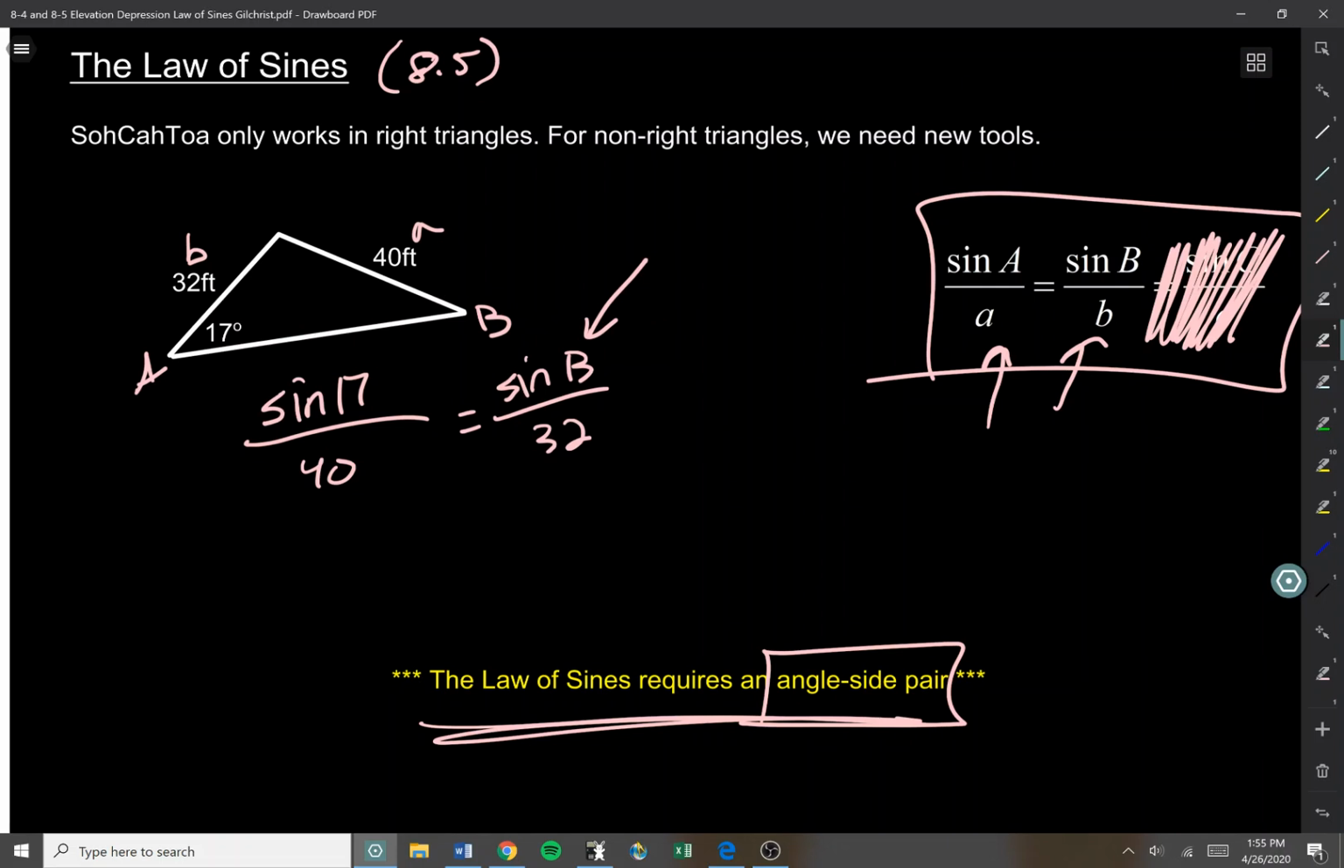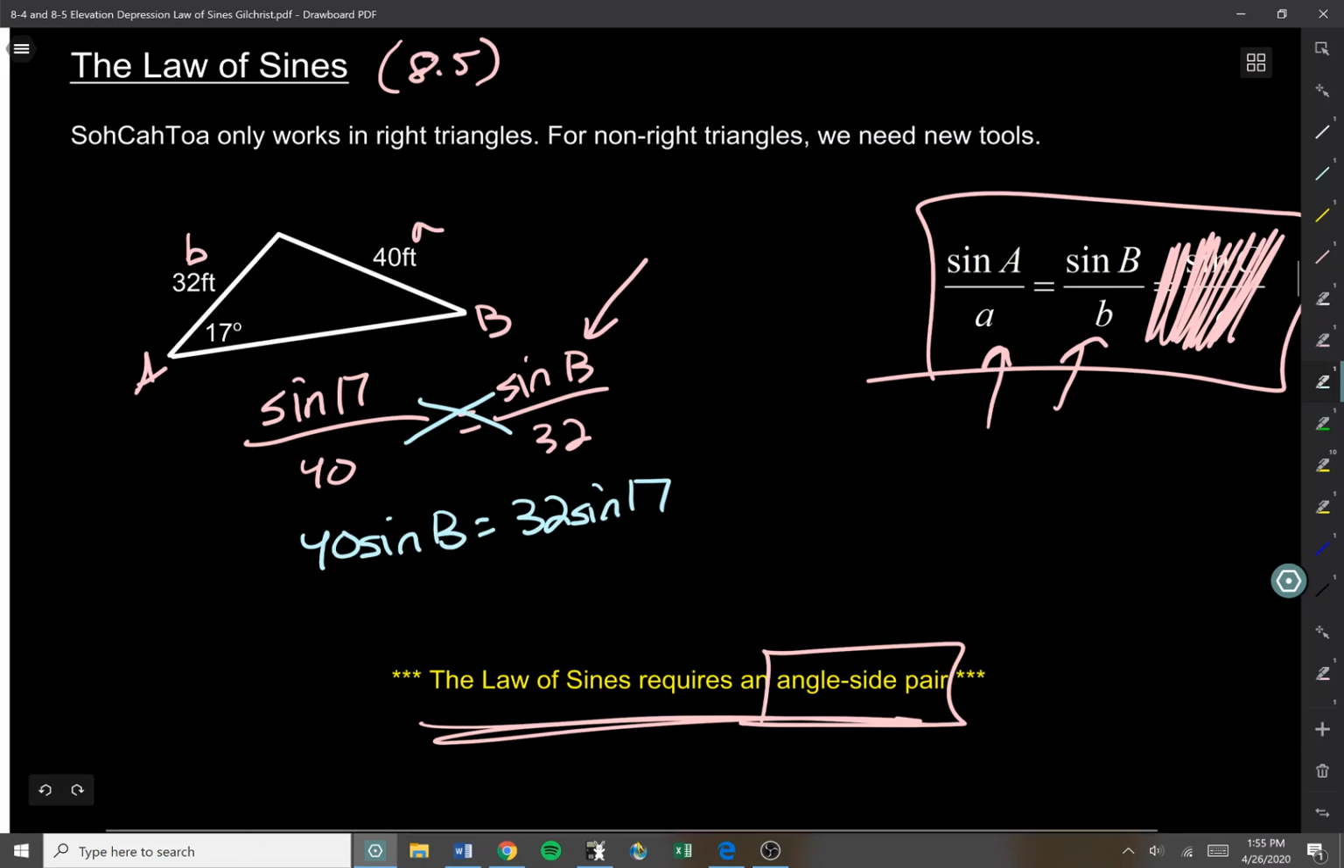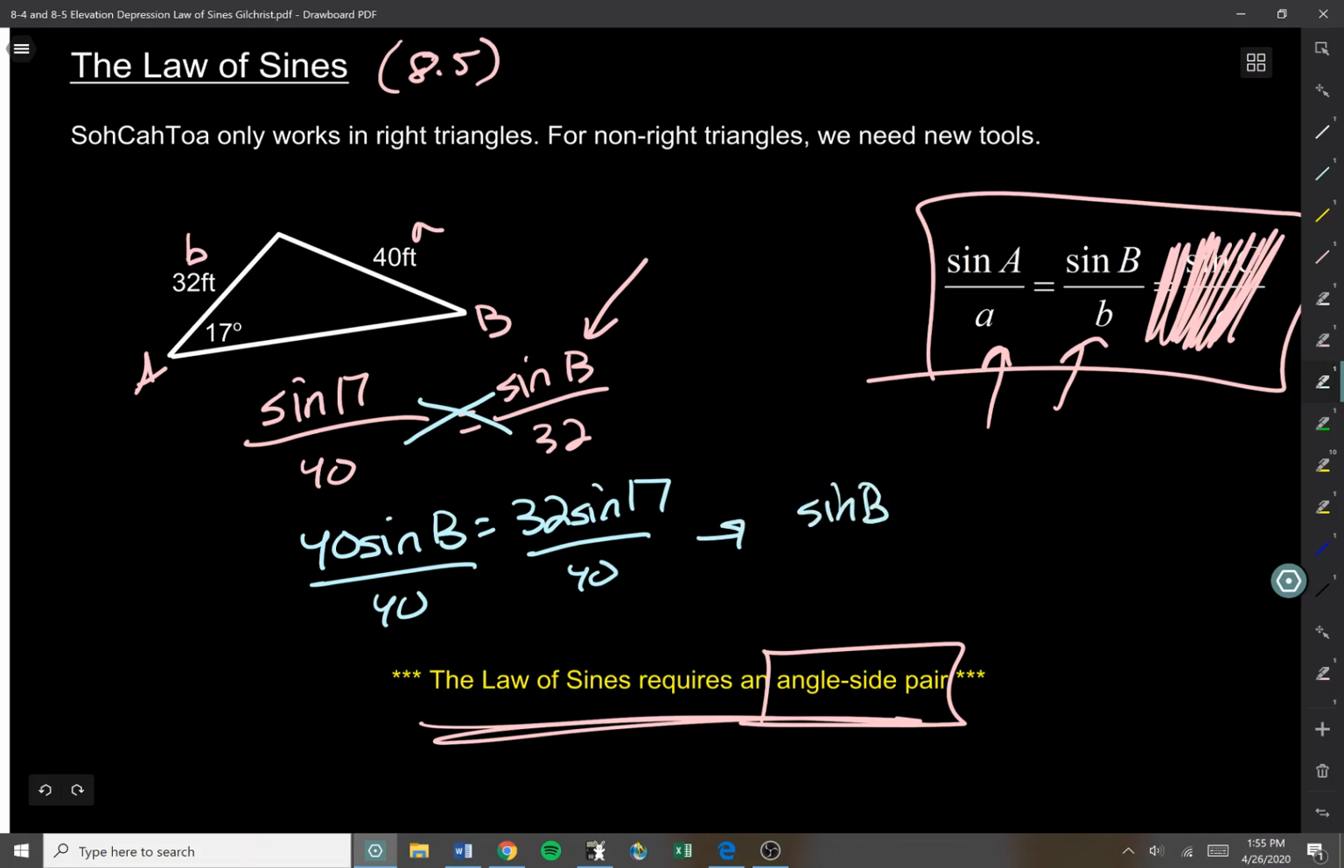Well, I multiply both sides by 32. This is now a proportion. I can solve the proportion by cross-multiplying. So you can think of this as becoming 40 sine B equals 32 times the sine of 17. I'm trying to get this B by itself. That is my goal. Isolate that variable. So next, divide both sides by 40. That becomes the sine of B equals 32 sine 17